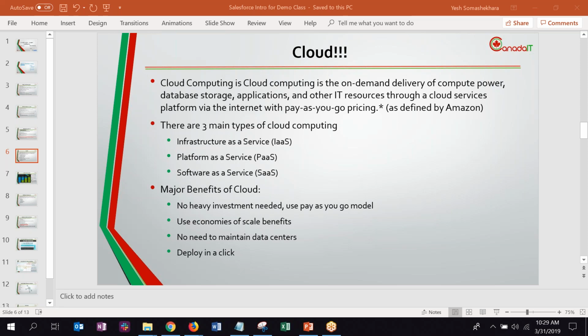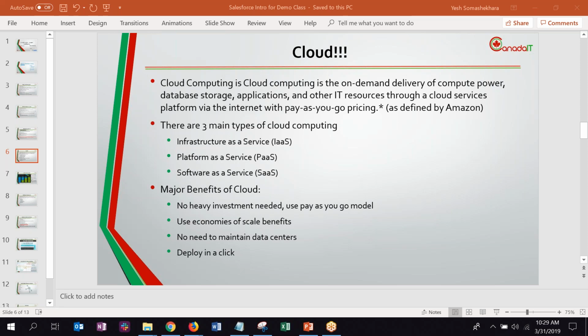You don't know which machine you need, whether you want a powerful gaming machine or just a playing machine, or you want something very heavy for development. Depending on what you want, you just pay and then use it. And if you want it just for 1 month, use it, pay the money, and then get out. It's like a subscription service, like your Amazon Prime out there. Use it as much as you want, and then the day you decide, okay, we're done, you can cancel your subscription. That's the advantage of cloud.